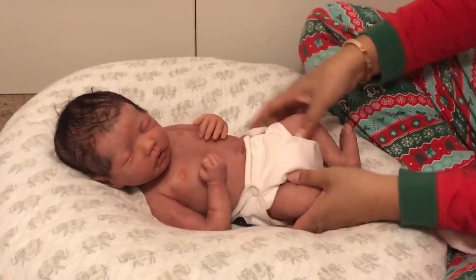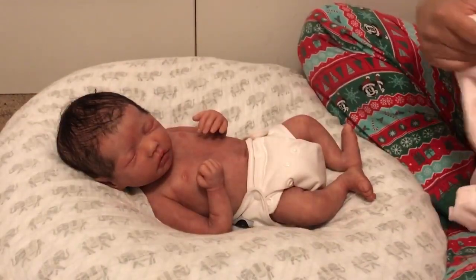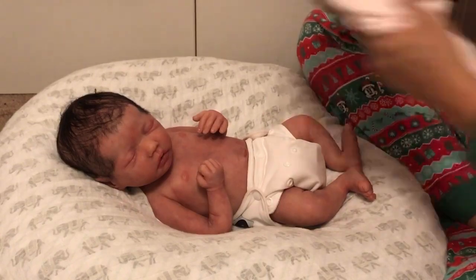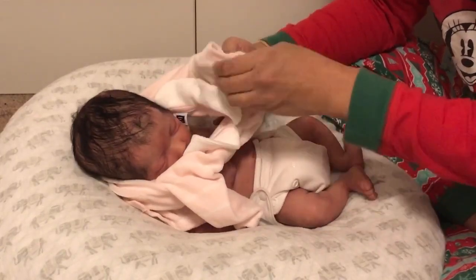This baby, she's so newborn, so realistic and so newborn. I love her. I got her at the Rose Doll Show in 2018. So I've had her now for almost 2 years. And she still looks amazing. But yeah, I guess like I